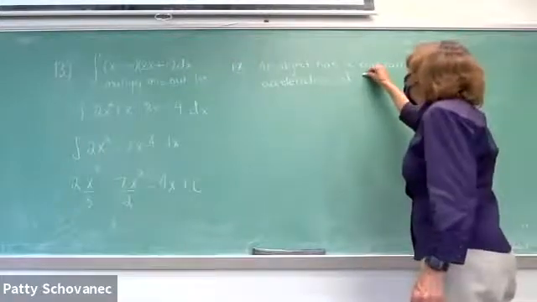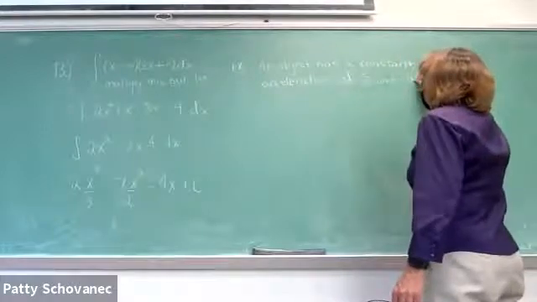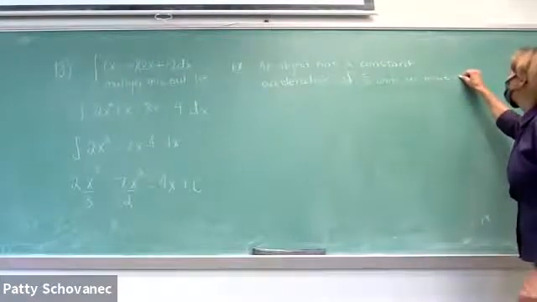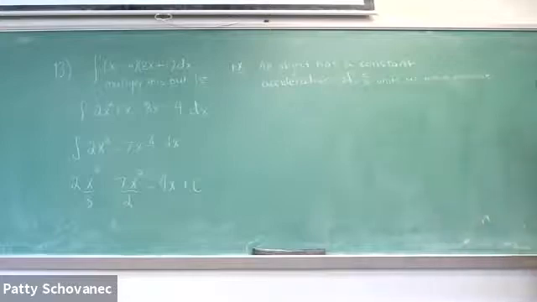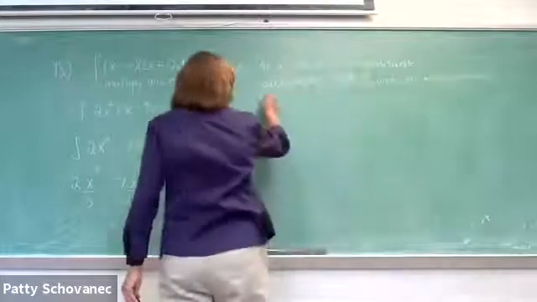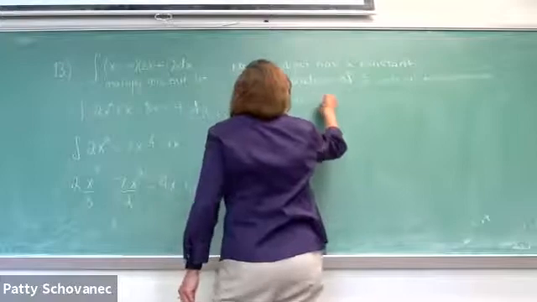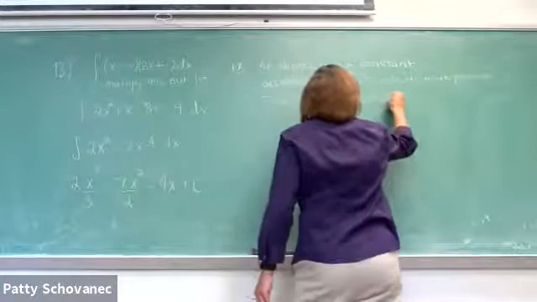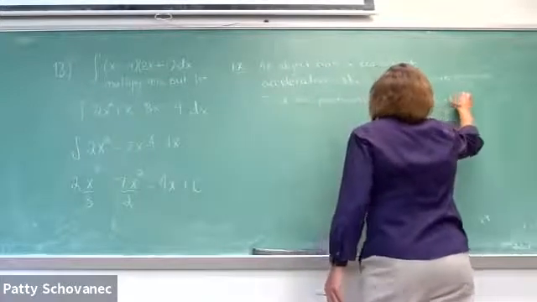So let's say 5 units per minute. So it's units per minute squared. Find the position of this object at time t